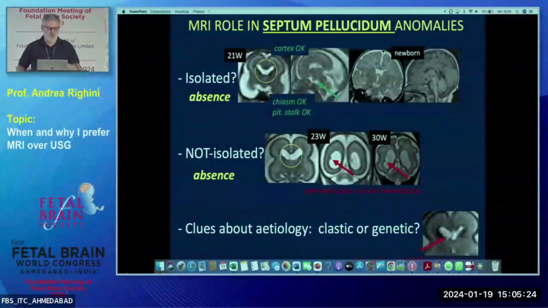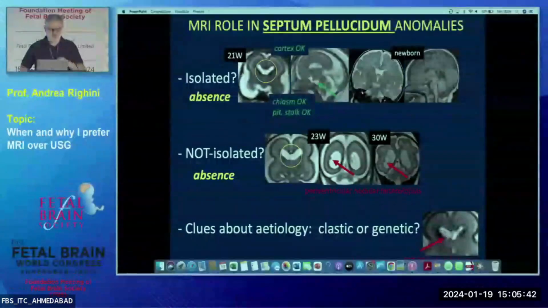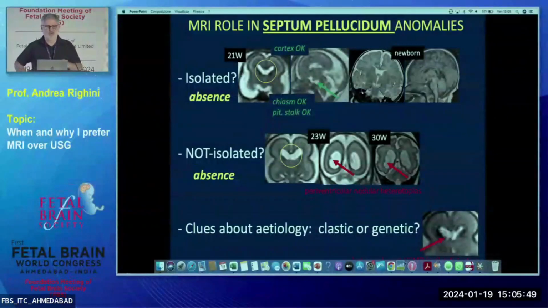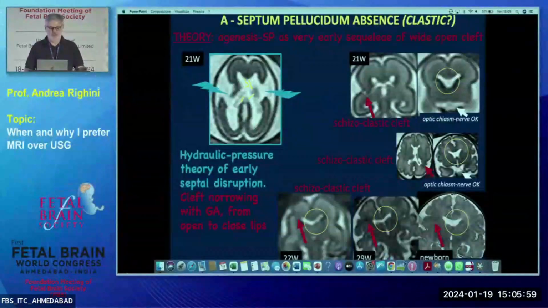I don't know much about it in the context of agenesis of the septum pellucidum, but generally speaking, what is very easily diagnosed by ultrasound is the distortion of the corpus callosum. Sometimes there can be some problems with ultrasound, but generally speaking, when you have a hemorrhage, even a small IVH grade 1, you get distortion, sticking, deviation, but it should not be a big deal in terms of prognosis.